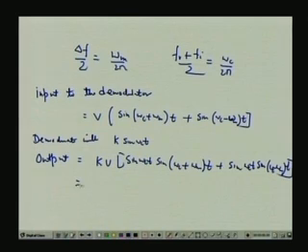So, this will give you kV by 2 cos of 2 omega c